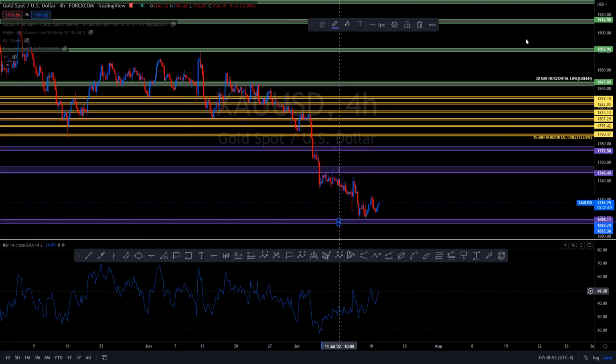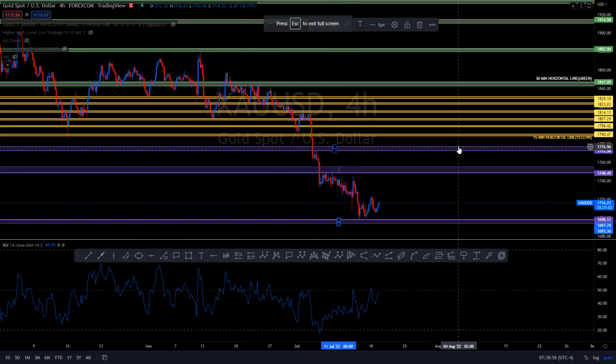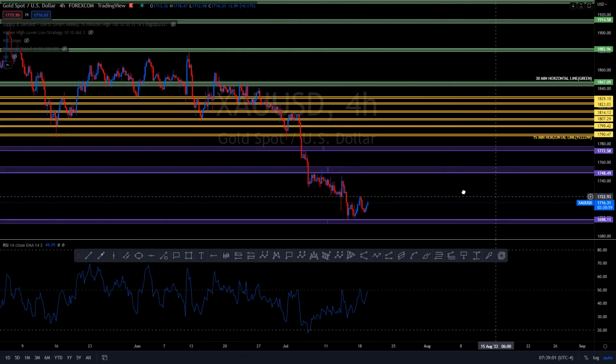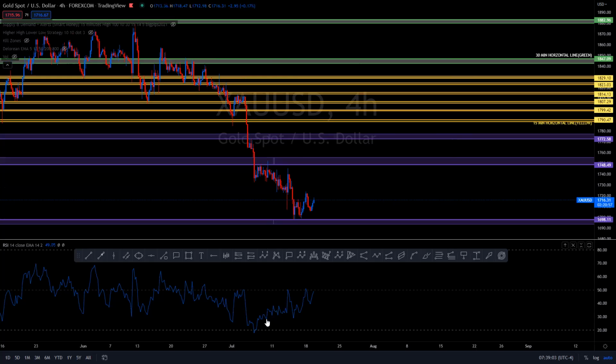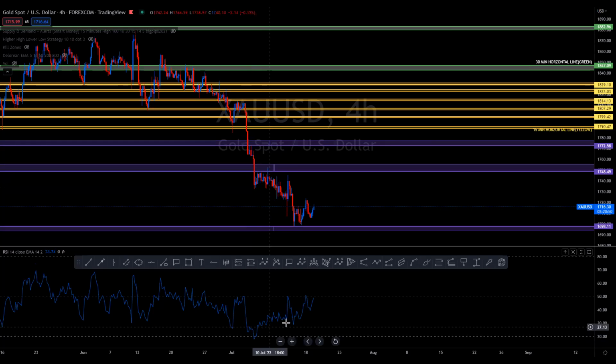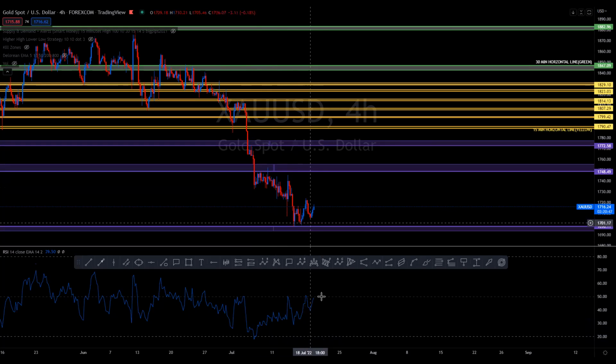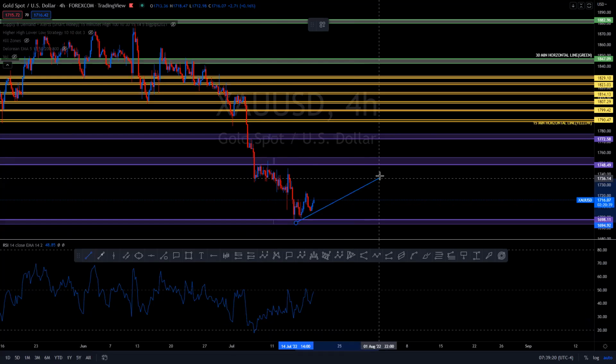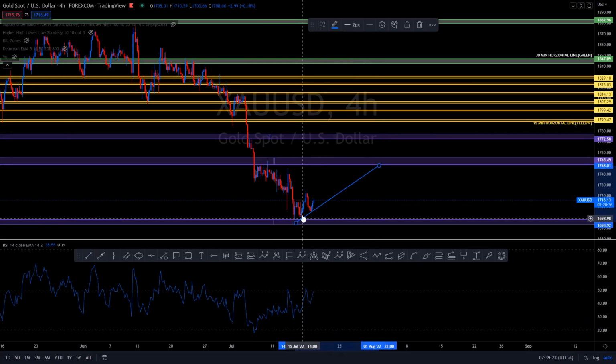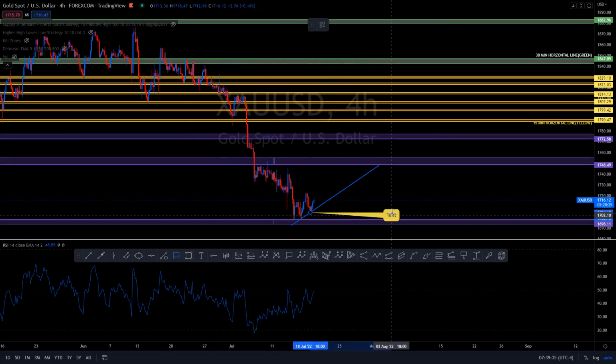All right, now that we marked up all the market structure, we're going to move on to the 4 hour time frame. So I see here the price was considered oversold at this point. According to the RSI, it looks like price is starting to go into a bullish motion. We can kind of see that here. So I would roughly conclude that price is starting to go bullish. I see a higher high, higher low, higher high, higher low, all the other good stuff. So I want to say that price is bullish at this point.